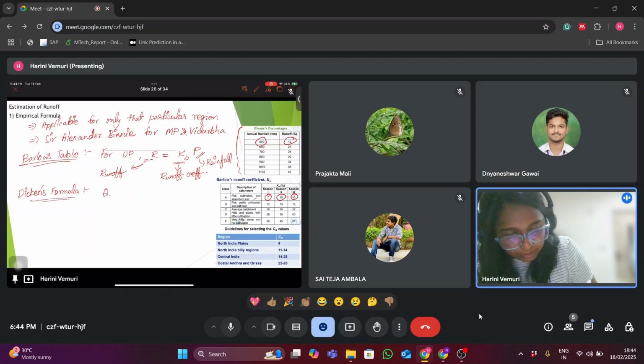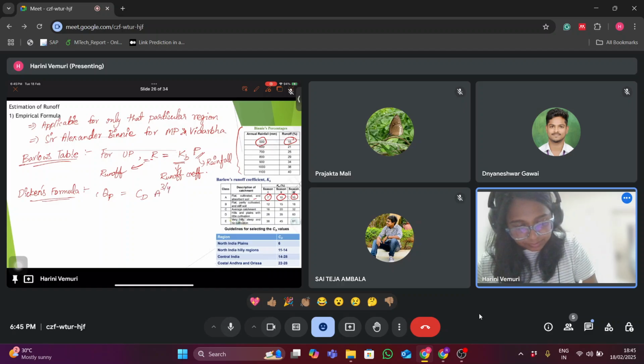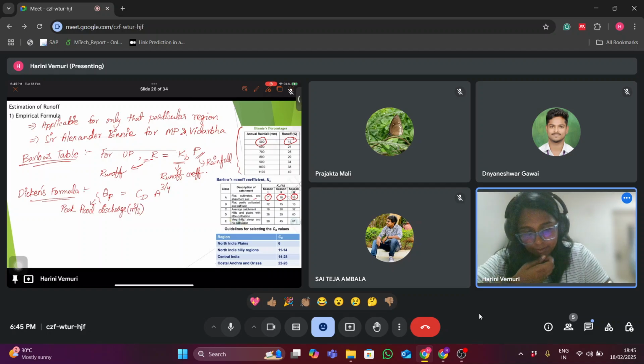In this, he has given the empirical relationship to estimate the peak runoff volume, that is, Q peak is equal to Dickens constant into area power 3 by 4. So this is peak flood discharge in units meter cube per second. CD is Dickens constant, which will generally vary between 6 to 30. And this is the area of catchment